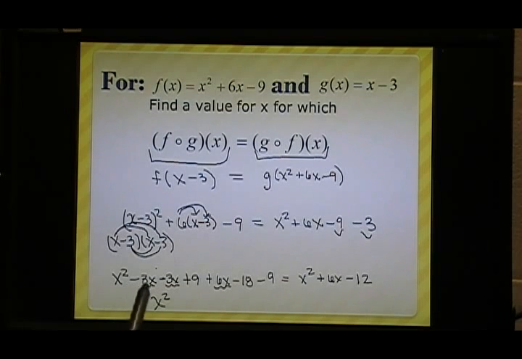Then negative 3 minus 3 plus 6, that is 0. And 9 minus 18 minus 9 is negative 18. So we have x squared minus 18 equals x squared plus 6x minus 12. I'm going to go ahead and